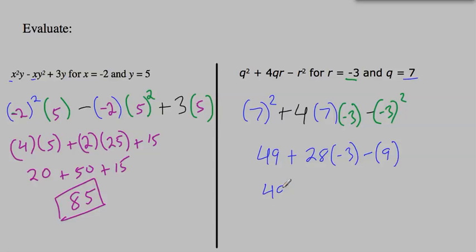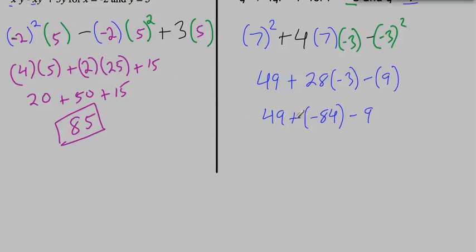So my next step is 49 plus, what's 28 times -3? That's going to be 84, and it's going to be negative. So plus a -84 minus 9. So let's go ahead and start to combine these. I like to find the easiest way to combine things. Now I know that I've got 49, -84, and -9. 49 and -9 I'll do first. That makes 40. And 40 and -84 is